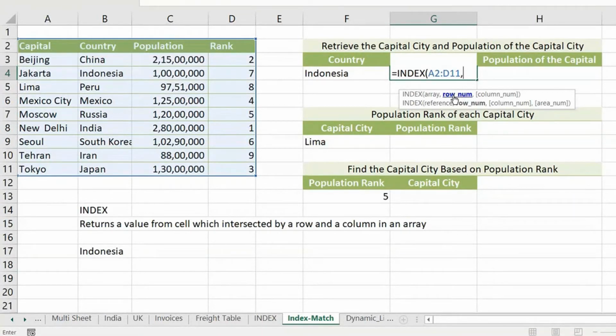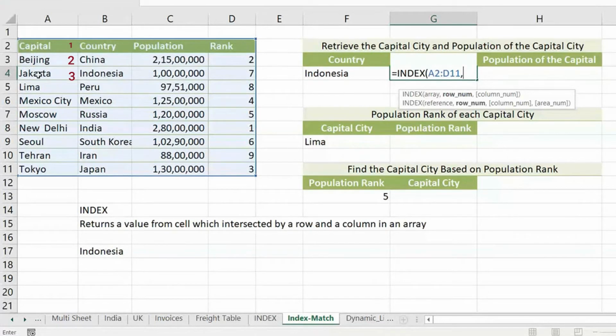According to my table, Indonesia is in the third row, correct? 1, 2, 3. Now tell me, which row is Jakarta, the capital of Indonesia? Country Indonesia is in the third row, and capital Jakarta is also in the third row. That means in the same way, if country India is in the 8th or 7th row, the capital will also be in the 8th or 7th row.